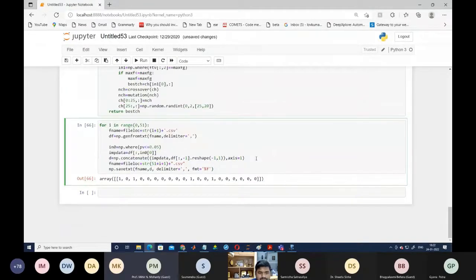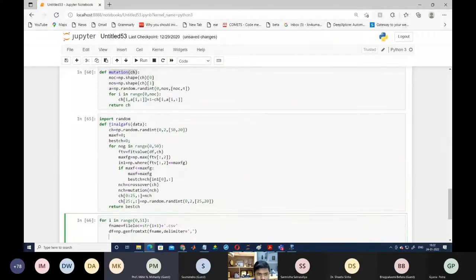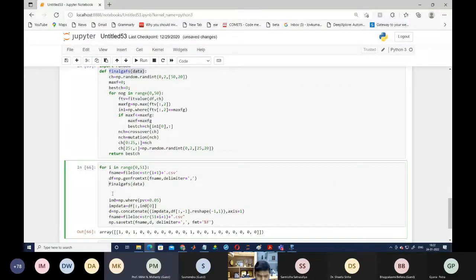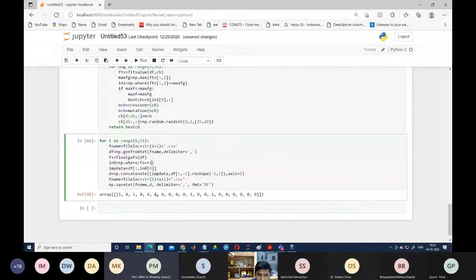Yeah. So now you can see once we got the data, now we are calling this feature selection technique. How to call the feature selection technique? We are calling this one as a feature selection technique. So we are writing this one, final set equal to this one of DF. Once we got the feature selection technique, we are going to find what features are important. So we are writing FS double equal to 1. That is your important feature.